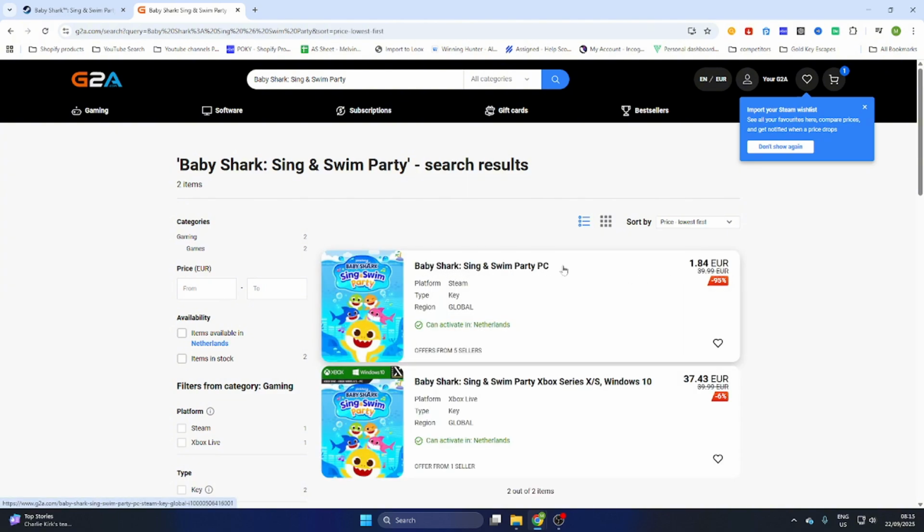And as you can see we have a PC version over here, which can be activated in our country. This is very important, so make sure this text is marked green, otherwise it won't work. Once you have found a version which can be activated in your country, then select the game, and once you